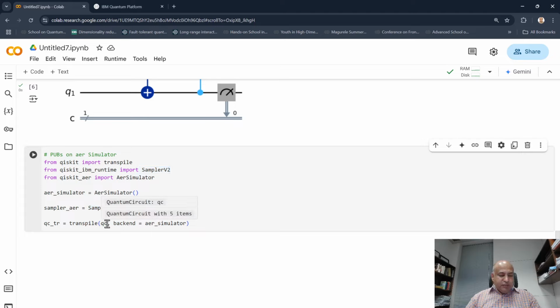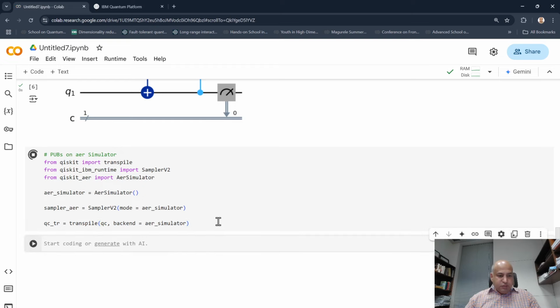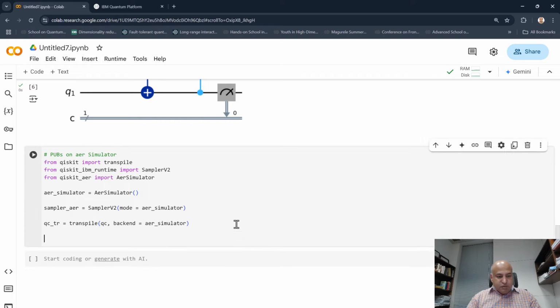And then before we do anything with the circuit, we need to transpile the circuit to the language that the Aer Simulator can understand. So we transpile and tell the transpile function that the backend is Aer Simulator. So backend is essentially the computer or simulator that has to be used. Okay, so we now have our transpiled circuit, and our sampler is also now run. And let's now put the most important command perhaps, and that is this one, that the syntax to run this primitive unified blocks is this, that we have sampler Aer.run method, and then we provide these pubs. So this is the first pub where I give the circuit, and then the second argument is the parameters, but since the circuit has no parameters, I wrote None, and 100 means I have to run it for 100 times or